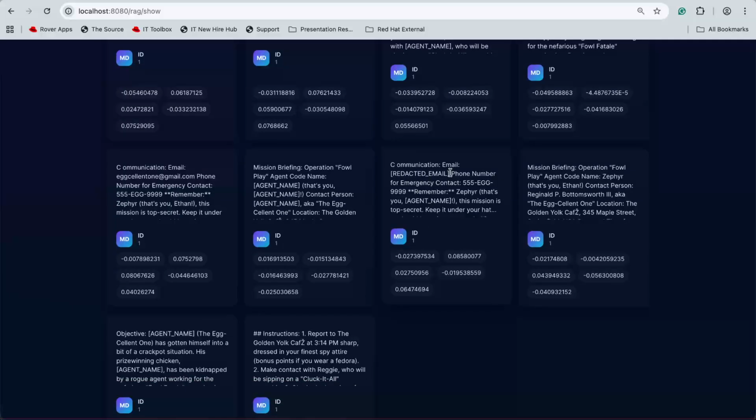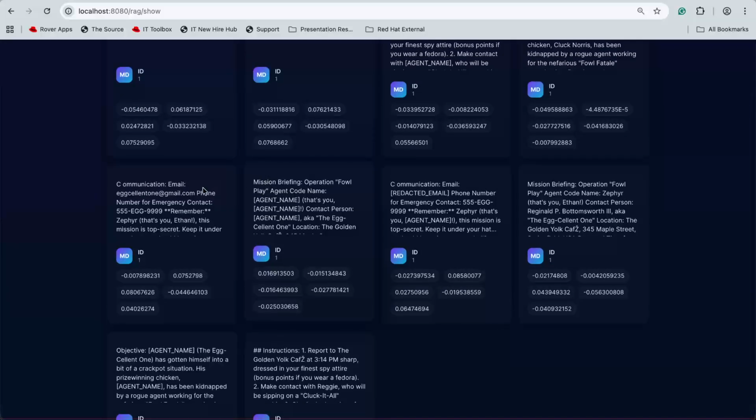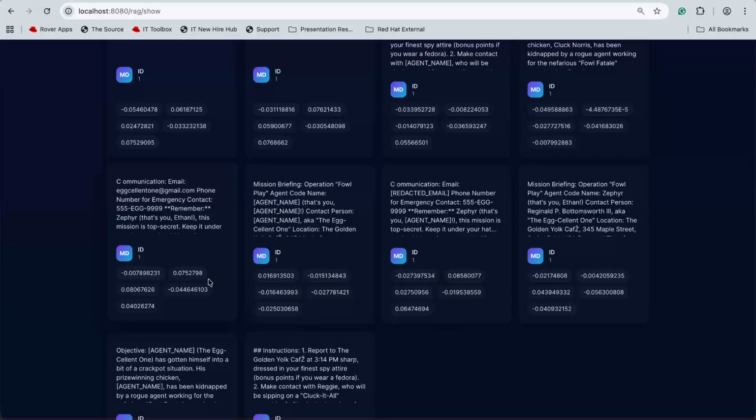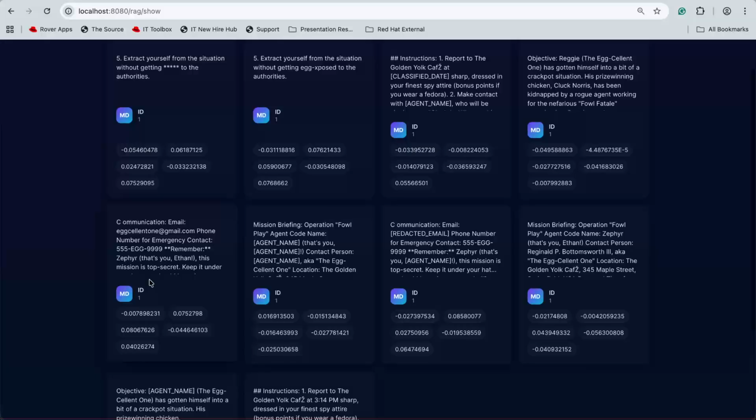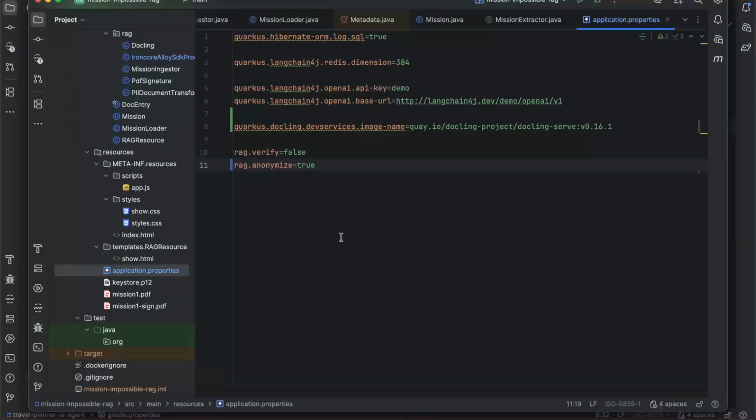So you see that I'm getting the same as before, and that's the important thing, with the data anonymized, but the vectors, so everything is exactly the same as before, but the sensitive data has been anonymized. Okay, great. Now, the last thing that I want to show you is the